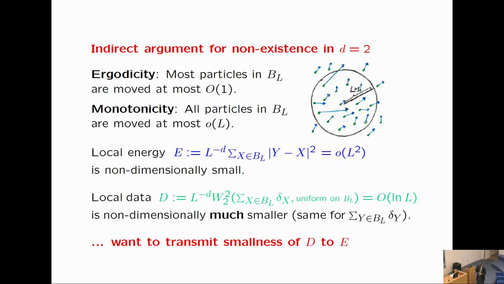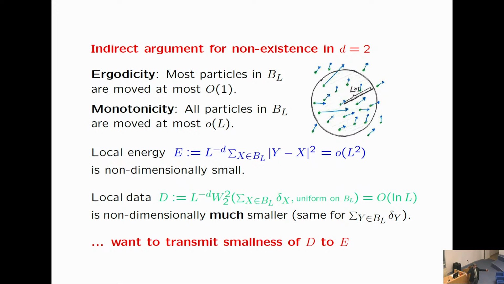So that tells us that something is non-dimensionally small, and we would like it to be much, much smaller, because in a certain sense we know that the points are pretty much uniformly distributed, in the sense that if we look at the distance between the empirical measure of one of the two copies, let's say the green one, inside the ball of radius L, then this empirical distribution is pretty close to the uniform distribution. Again, we normalize by the volume, up to just a logarithm. So we know that